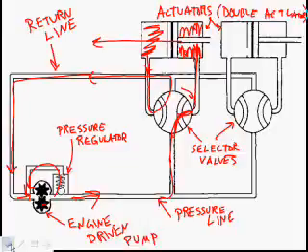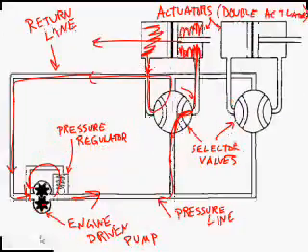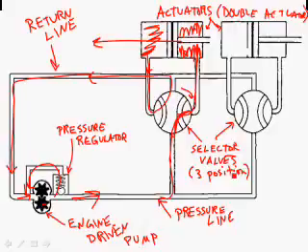So let's see if I got all of them. Engine-driven pump, pressure regulator, pressure line, return line, actuators, double acting, and selector valves, which in this case, they're 3-position. So this is a very basic, dedicated pressure and return line hydraulic fluid system. And this is what you're going to find in transport category jets, big jet, biz jets, and big turboprops that have flight controls that are hydraulically boosted or hydraulically actuated, and we're always going to need hydraulic fluid or hydraulic